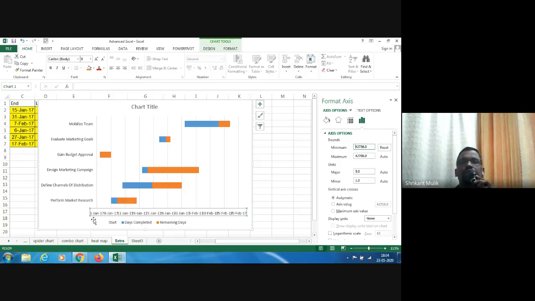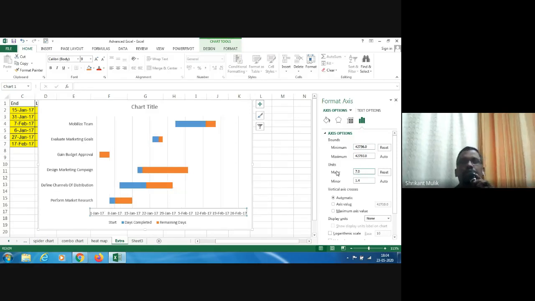Okay. Since it's a timeline, I don't want it to change every 5 days. I want to change it to 7 days. So I make that change. Okay. And it kind of makes more sense: 1st Jan, 8th Jan, and so on. But it shows 1st Jan 17 and all that. So let me go down